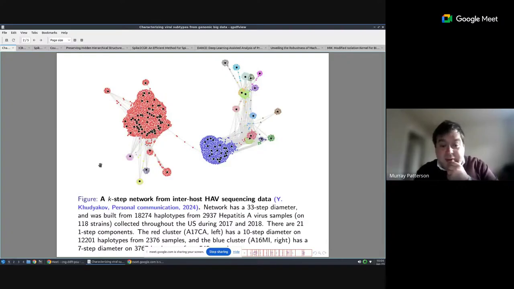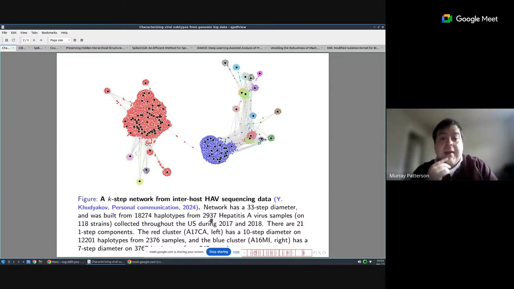What this is here is a K-step network of a bunch of different hepatitis A virus sequences that were taken from a bunch of different patients in the U.S. during 2017 and 2018, and this was gathered from the CDC here in Atlanta,